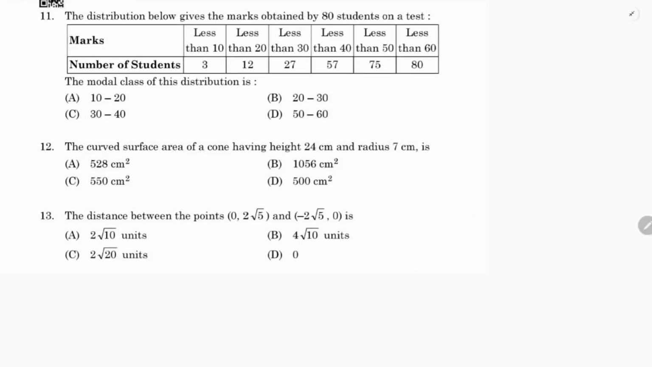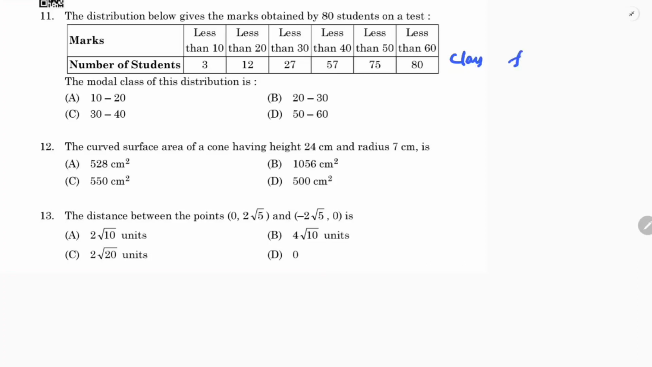The distribution below gives the marks obtained by 80 students on a test. Marks and number of students. Whenever they say less than or below, the next column says number of students. This is not the frequency. It will be the less than cumulative frequency. So first we'll write class,